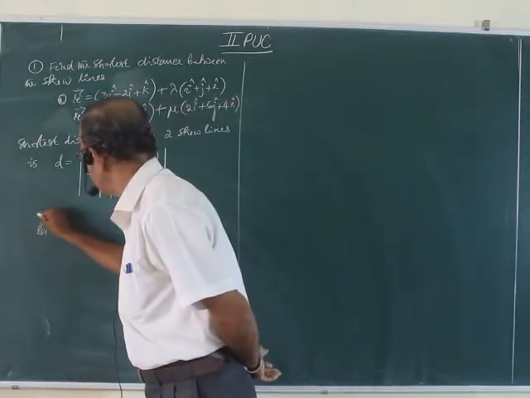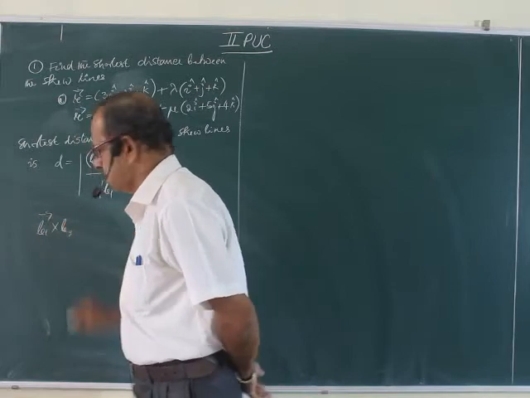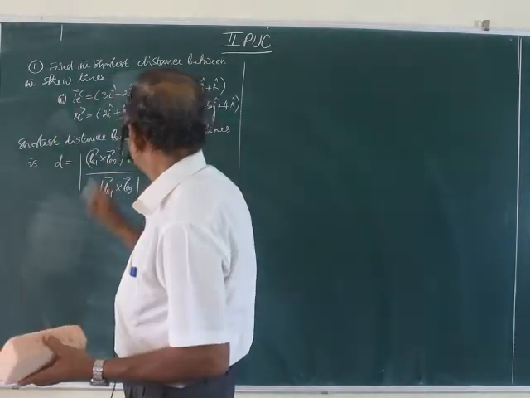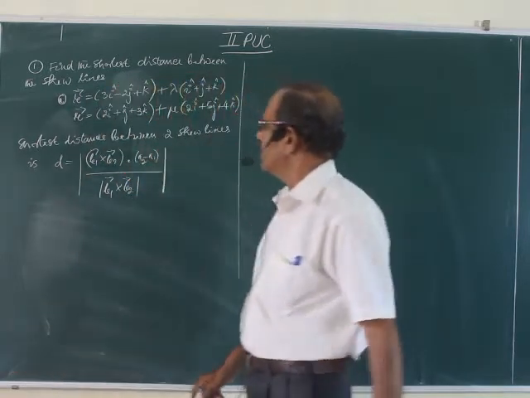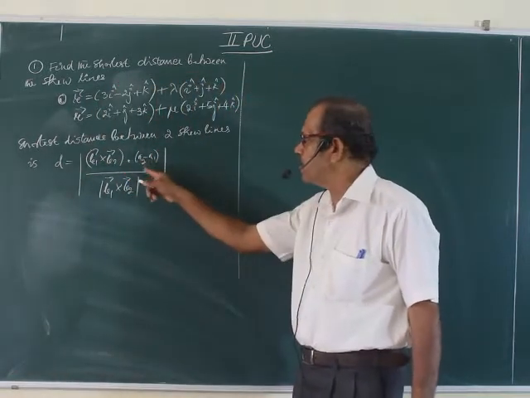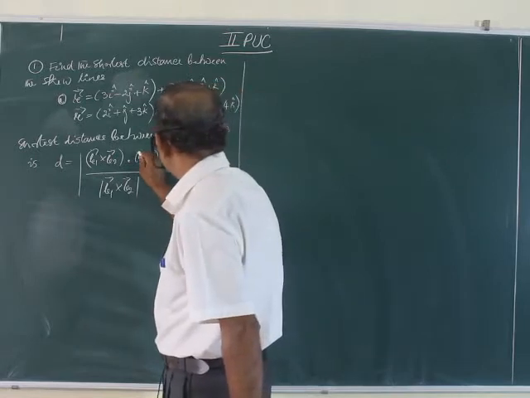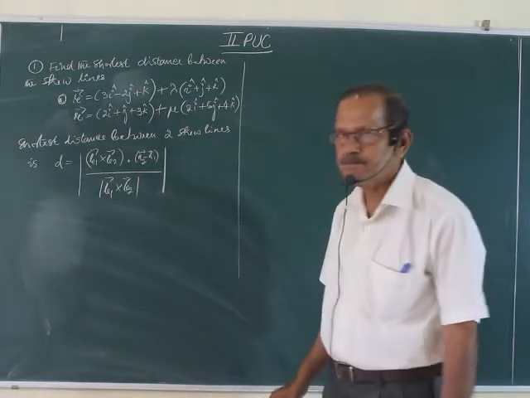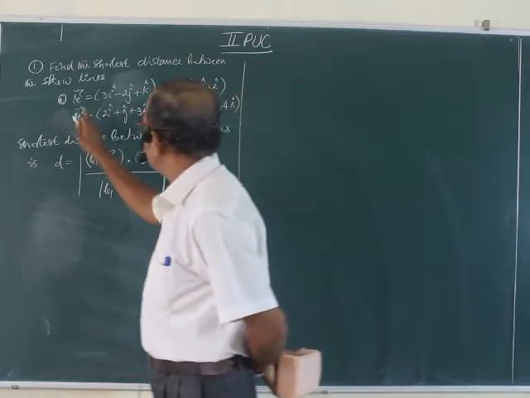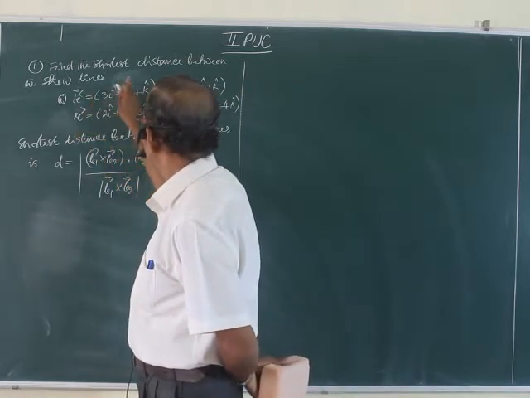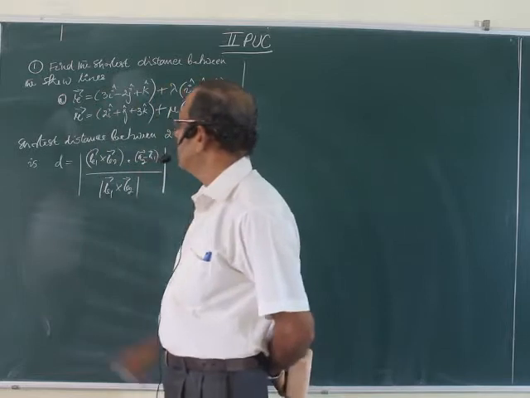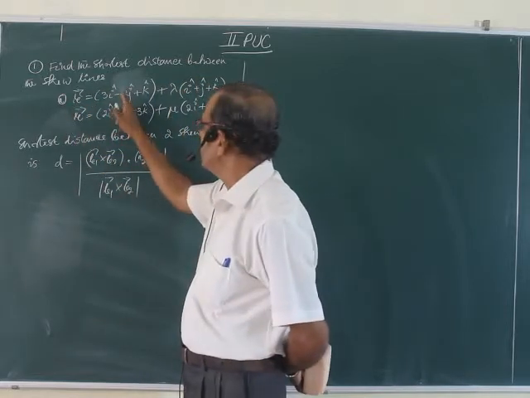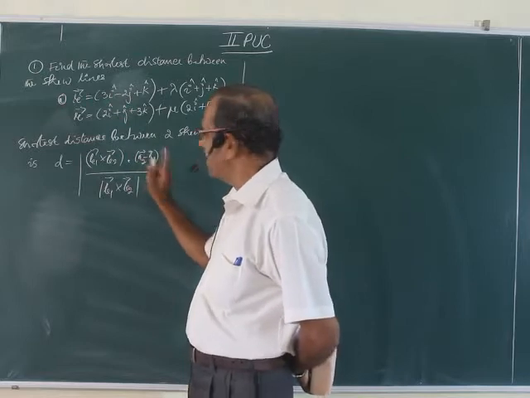Let me write the details I told you, no? Which are the vectors b1, b2, what about a2, what about a1? Again, remember it is also a vector. Don't confuse with that. Let me write one by one. r equal to a plus lambda b. Actually, there are two equations. So, this is a1, this is a2.